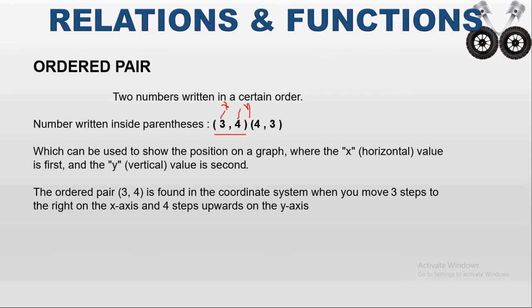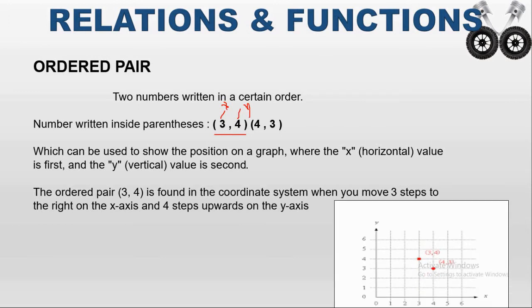Okay, so for example, if I want to plot the point (3, 4) in the graph, how can you represent it? The first one is a positive integer. That means I have to move from 0 to the right-hand side. From 0, how many steps do I have to move? 3 steps. So I will reach 3. That is the x coordinate. Then y is the y coordinate. From 3, I have to move upward. How many positions? 4 steps. So from 3, I will move 4 steps and reach this point. This is the coordinate of (3, 4).